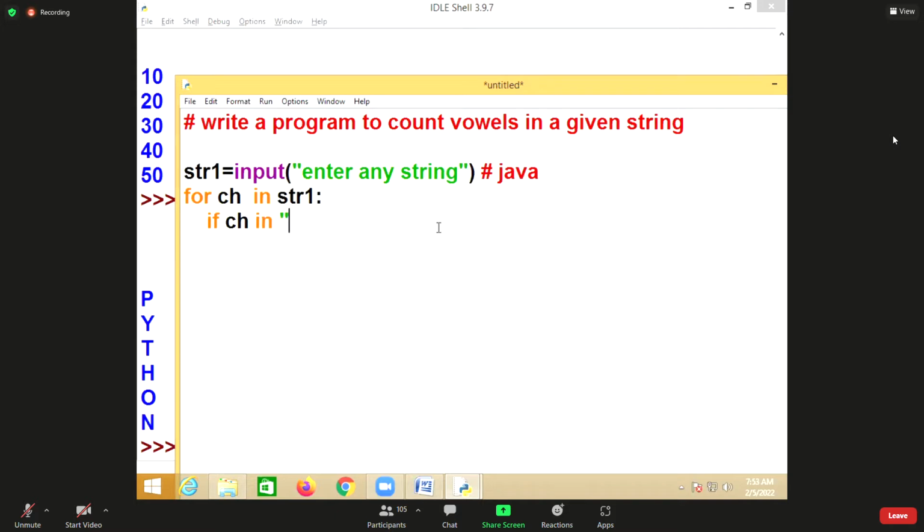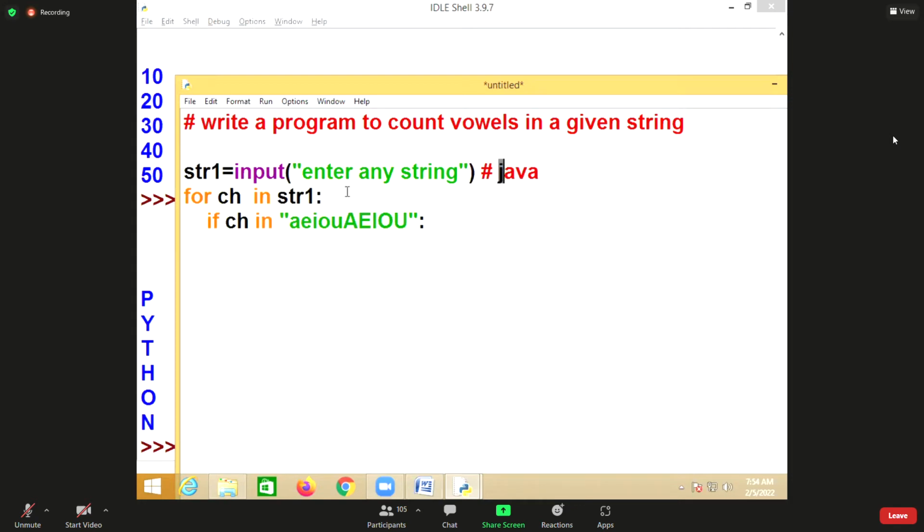If the character is in A, E, I, O, U, then the in operator will search for this character inside these characters.